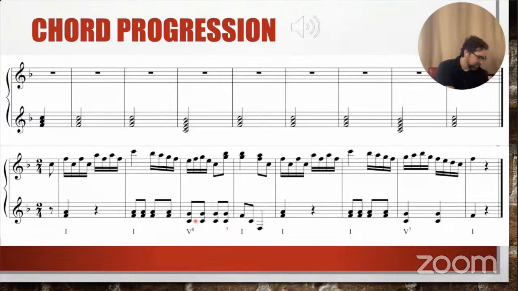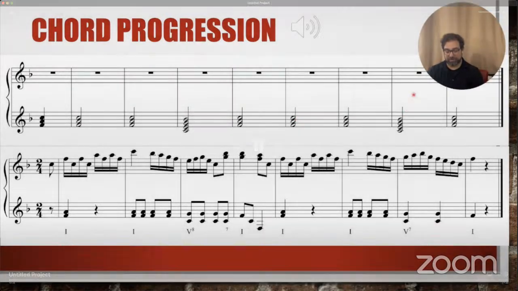If we play this 5/7, it makes it sound like it wants to come home. And when we come back to the 1 chord, that's a 1 chord, it sounds complete. It sounds like we've fulfilled its mission. So he's creating all these different things that create tension, but he started with a simple chord progression. So you could literally sit on the piano and come up with 1 chord per measure. They could even be the same in each measure, and that could be the foundation for your composition if the